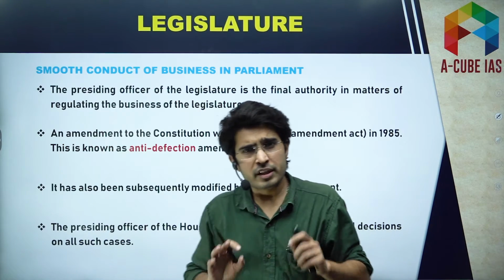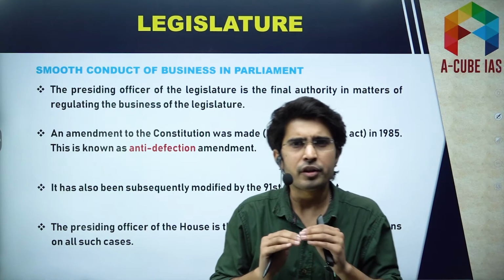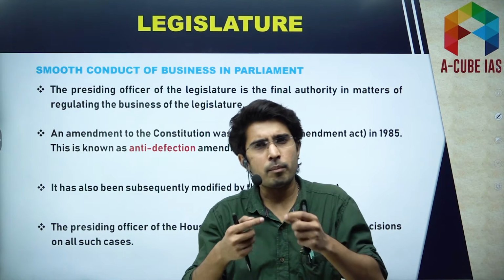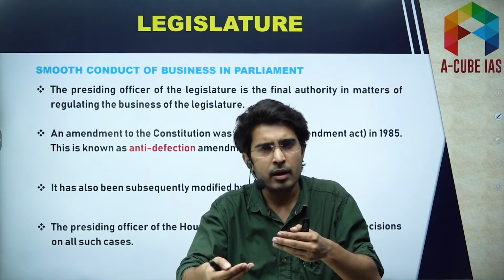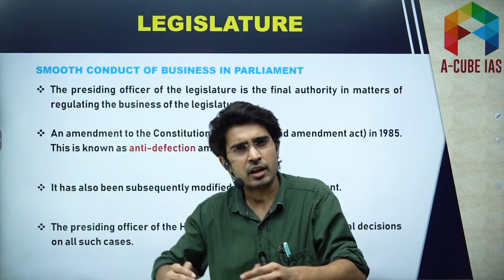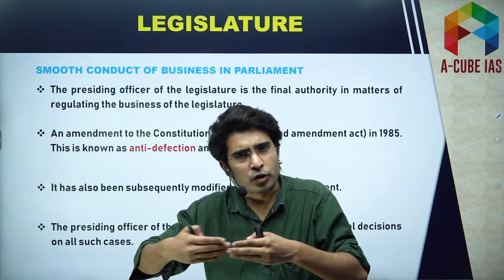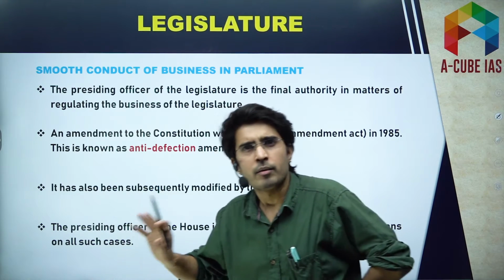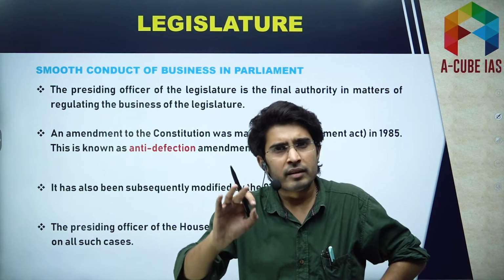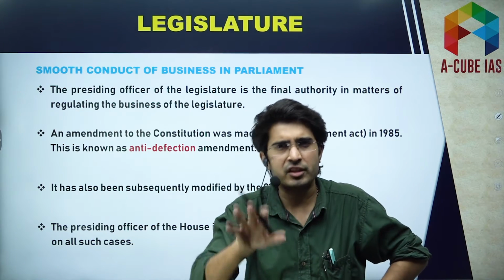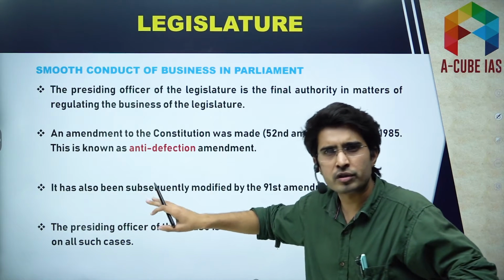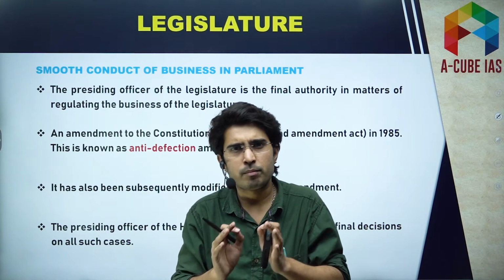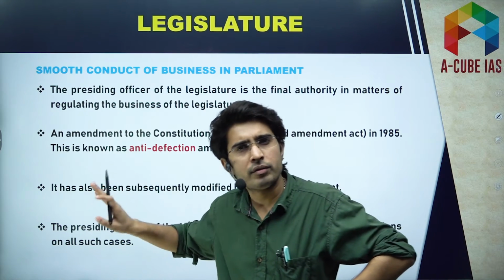Now, see, the Constitution provides for smooth conduct of the business. That's very, very important, because you know that Parliament is the center of democratic political process. Here you see the discussion, debate, and protest, demonstration, all these things in the Parliament. And the most important thing, bills are getting passed in the Parliament. Those laws govern our society, so it's a very important place. That's why Constitution provides for smooth conduct of the Parliament.